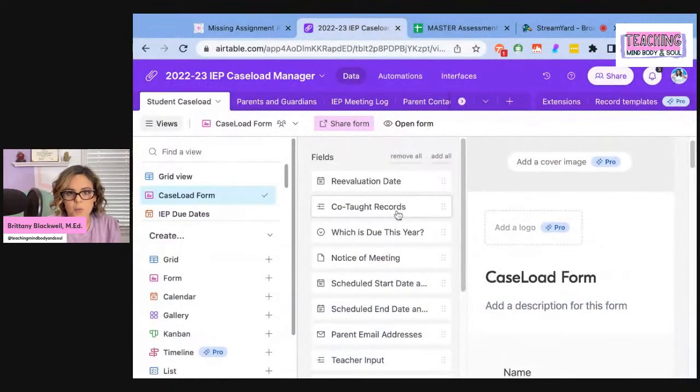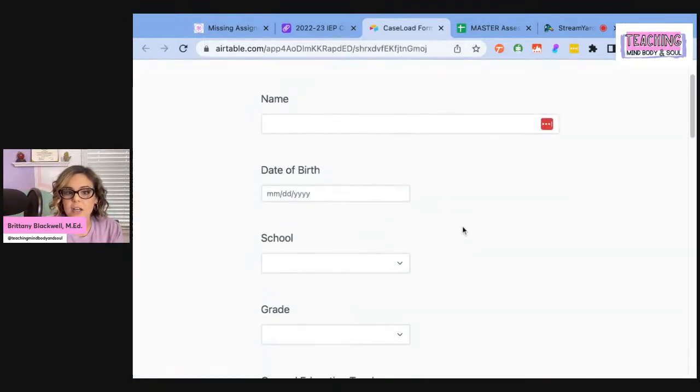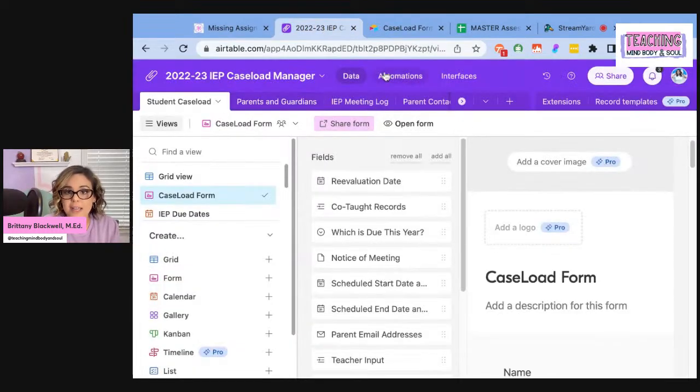Okay. So initially what I did was I took in, let me make sure you guys can see this. Yes. So this is what it looks like. If I want to open the form, you can see it here. But basically, all I did was take in that information that would upload their information into the database to track that. And then I took it a step further and I created a way for this database to send automated emails. So in Airtable,